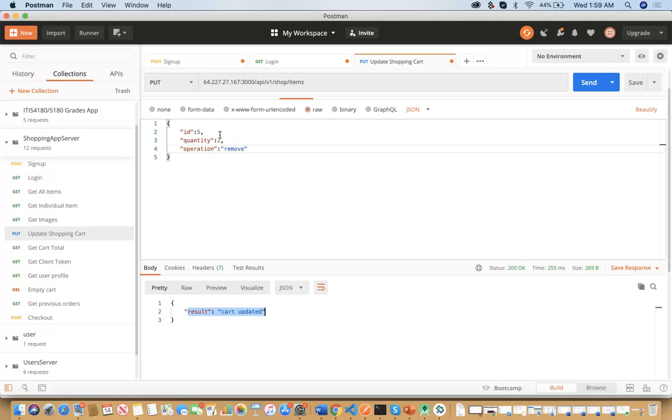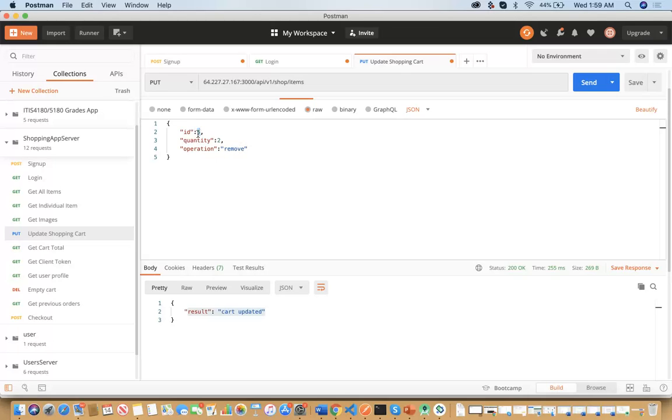There are two cases in this situation. Number one is that when you try to add an item which is not present in the cart of the user, the item will simply get added as a new item in the cart list of the user.